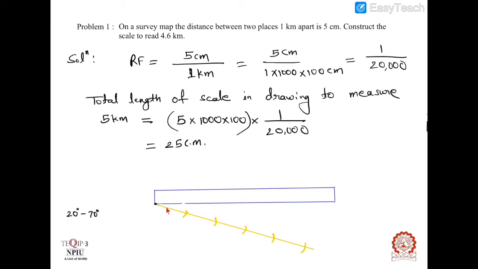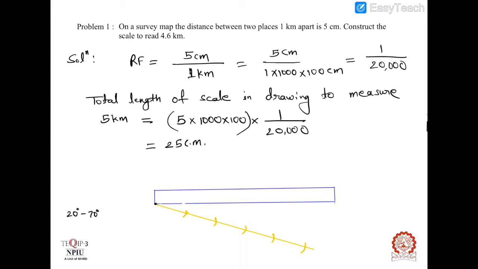This distance should be same. Okay, take any radius on the rounder and then mark and keep this as a center and cut an arc first here, then again take off the rounder from here and then keep this as a center, again cut the arc. In similar way, you have to mark 5 number of arcs because we have to divide this into 5 number of equal parts.